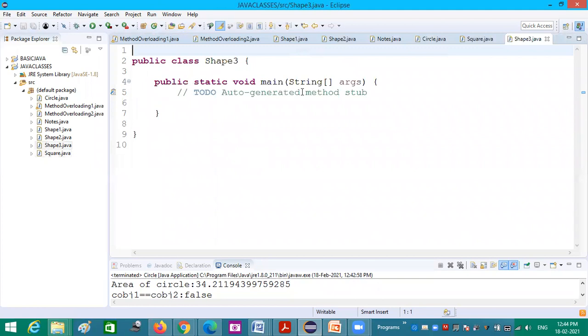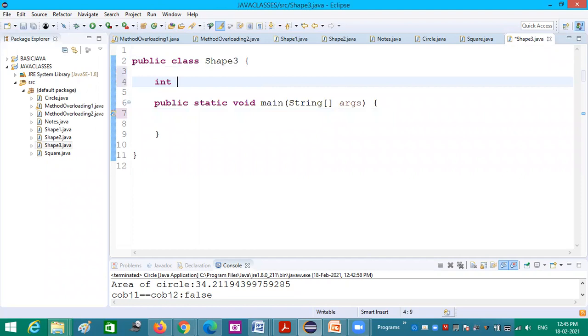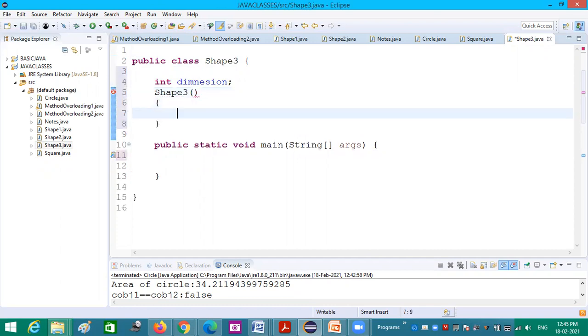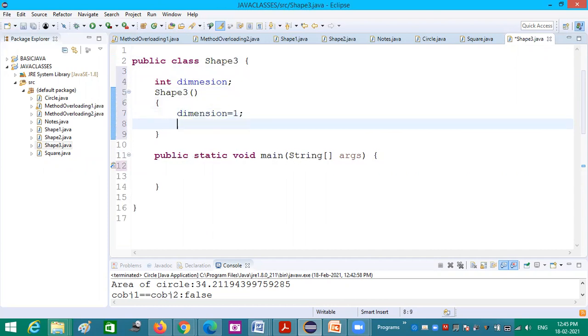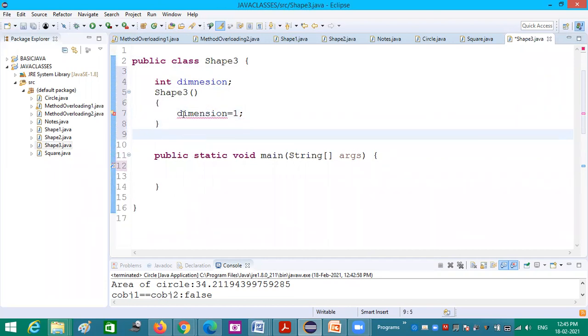So inside this Shape3, I am creating only one dimension, int dimension. This is the only instance variable, and in the default constructor Shape3, I am assigning dimension is equal to 1. Now, the idea is incrementing dimension. Spelling was wrong.